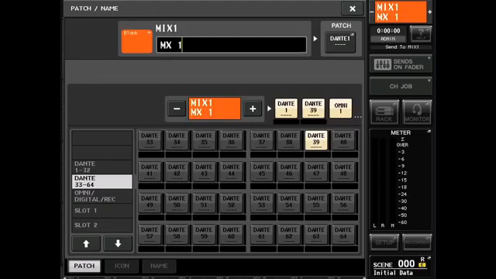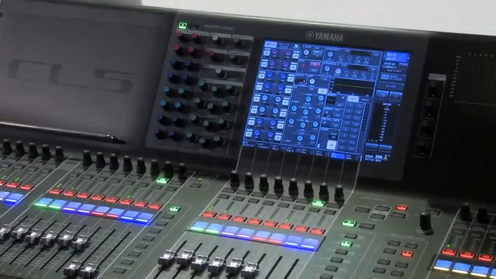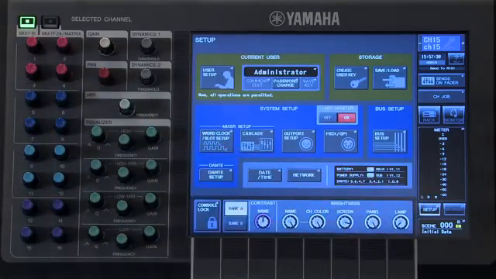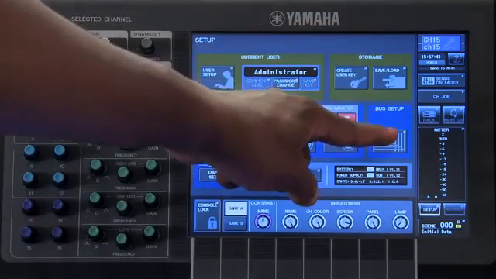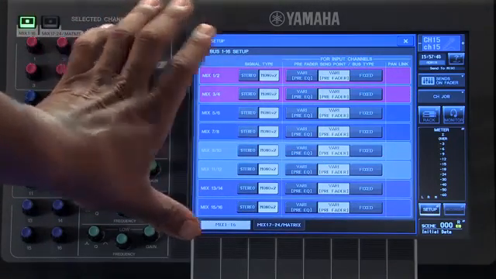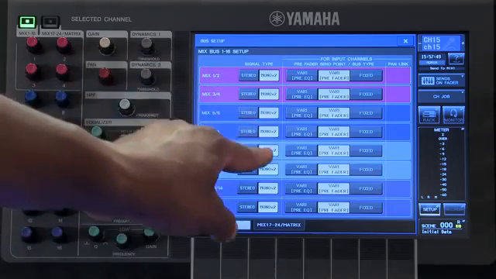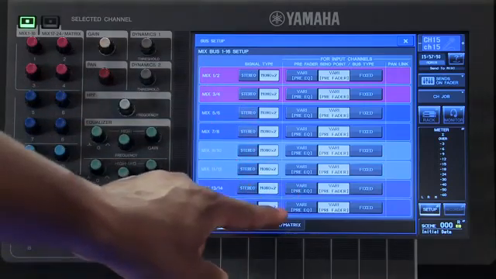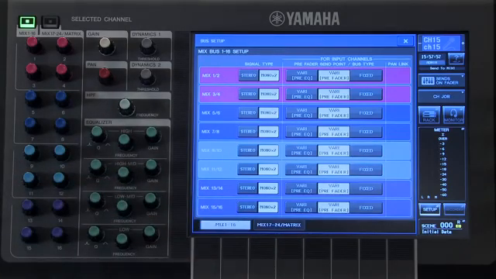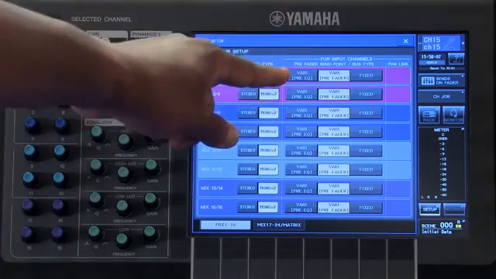Now, let's take a look at how we can change the configuration of our output buses. To change how your buses are configured, touch Setup on the right-hand side of the screen. Then touch Bus Setup. Here on the Bus Setup pop-up, we can see the different options that we have available for our mix and matrix buses. Your mix buses can be configured in 3 different ways: variable pre-EQ,